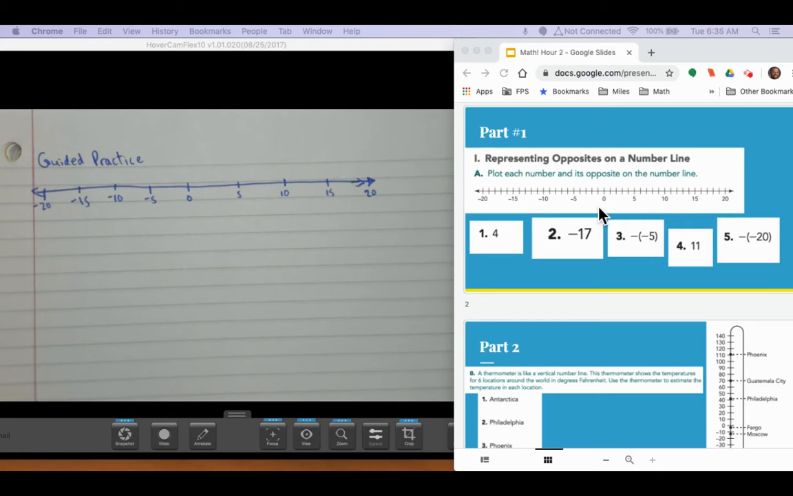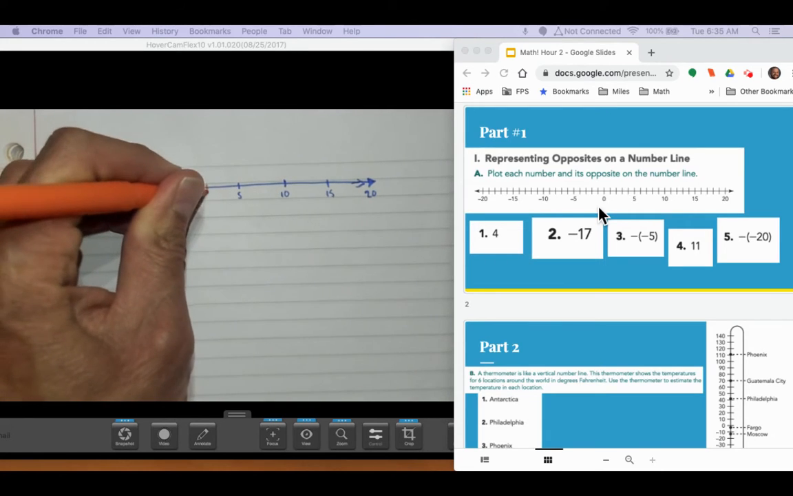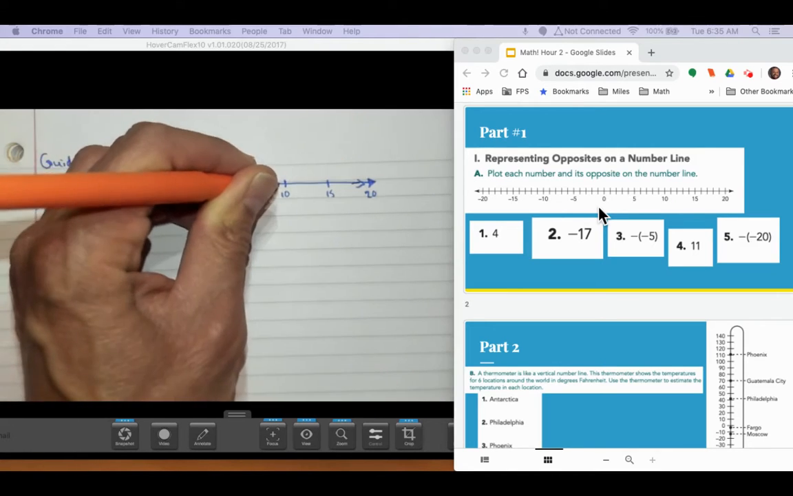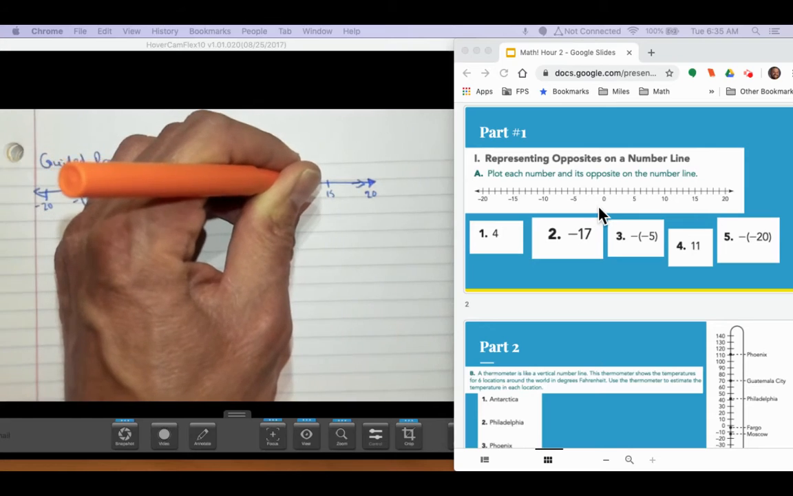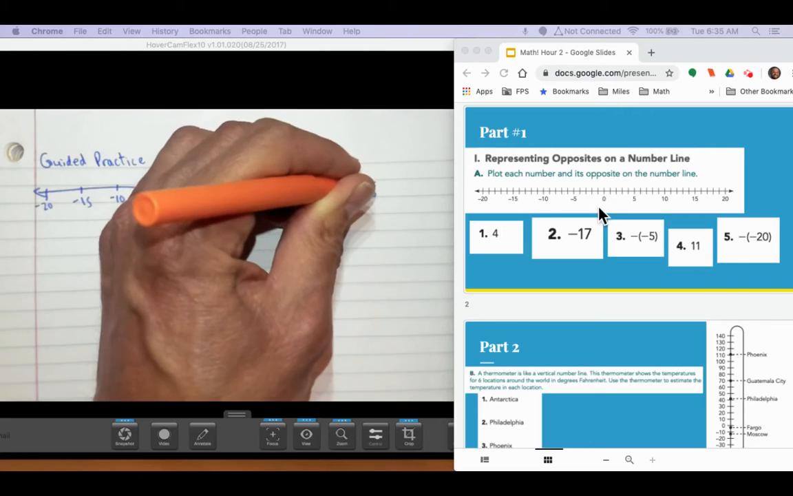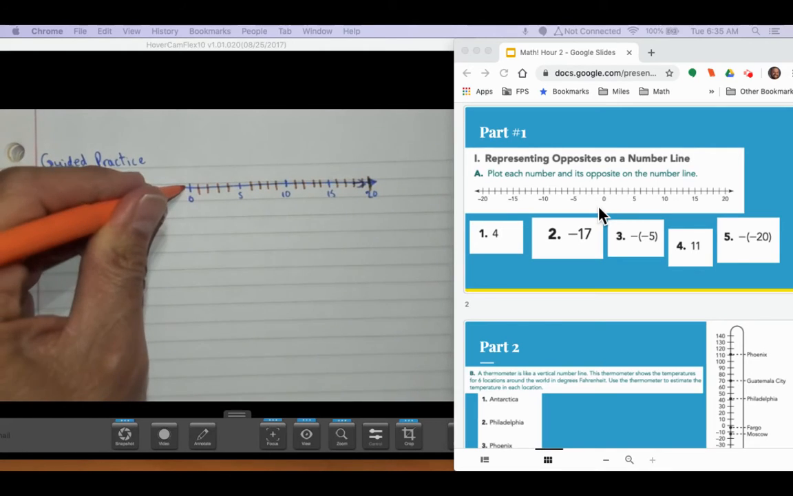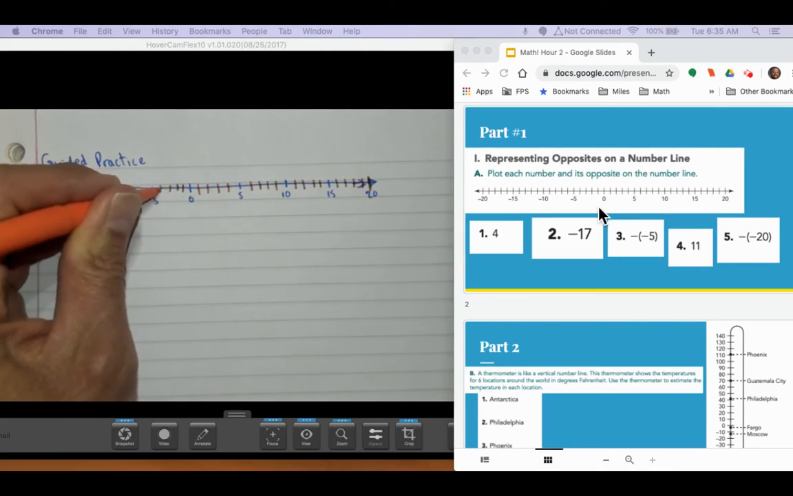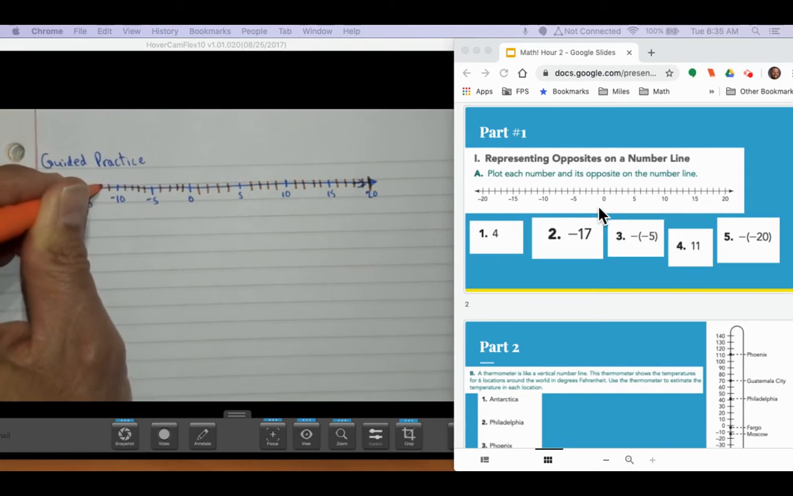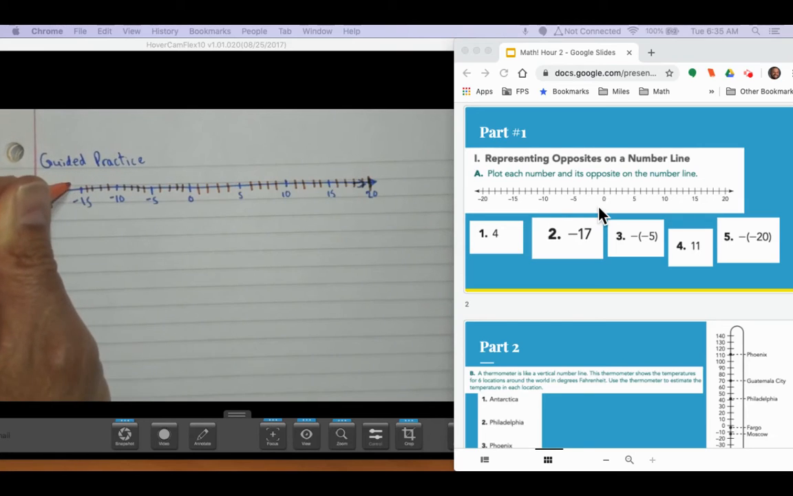Okay. 1, 2, 3, 4, 5, 6, 7, 8, 9, 10, 11, 12, 13, 14, 15, 16, 17, 18, 19, 20. Then -1, -2, -3, -4, -5, -6, -7, -8, -9, -10, -11, -12, -13, -14, -15, -16, -17, -18, -19, -20. Okay. Now what we need to do